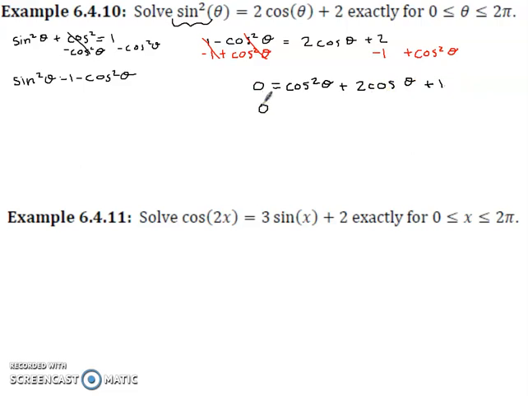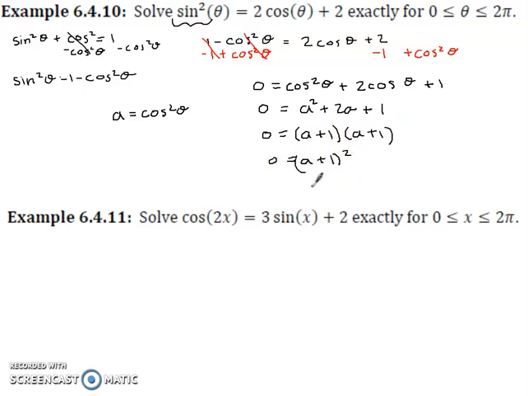And then if I want, I can replace my cosine with an a to help me see the quadratic a little bit more clearly. So that would be a squared plus 2 times a plus 1. And this factors into a plus 1 times a plus 1, or a plus 1 all squared,